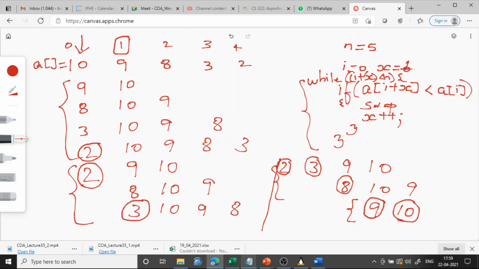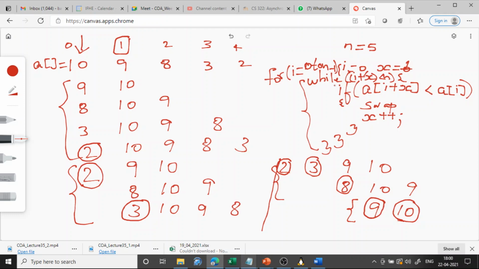So this is called bubble sort. Okay, something like a bubble. We compare each and every element, and at the end of every iteration, one element, the smallest element, will come to the first location. Okay, so here we have to write another for loop. Here at the top, before this while, there will be another for loop, for i equal to 0 to n minus 1. Okay, so then this is the complete algorithm. Instead of while, here also we can write for. Instead of this while, we can also write for.